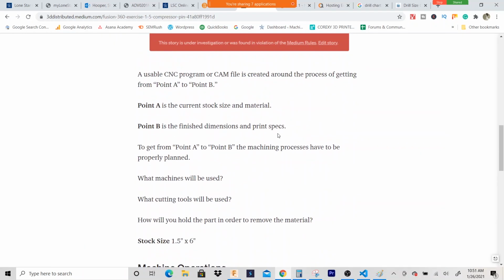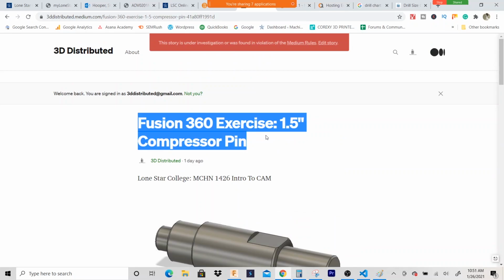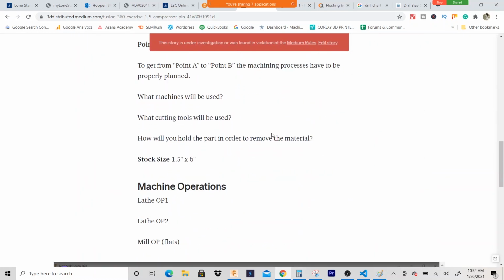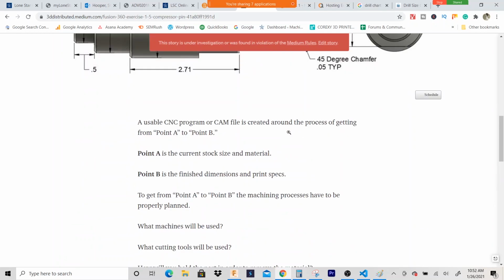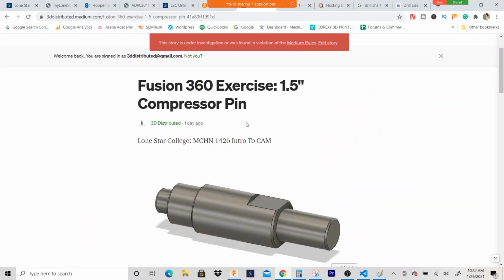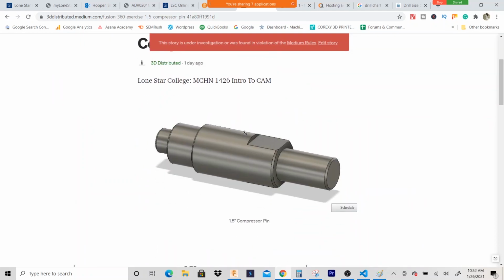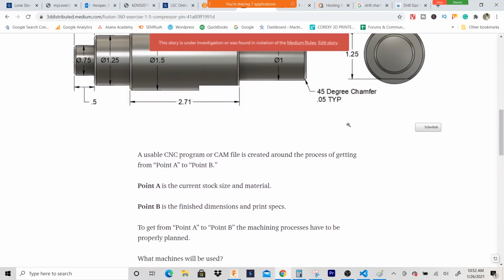In all reality, Fusion 360 wouldn't really care, but the school is kind of picky about what kind of pictures, images or videos you put on the website, because by copyright law they're responsible for all that. So this is like a blogging platform, and I was like, I'll just post it on here and link to it, because I don't have to worry about copyright law for the school. Anyways,